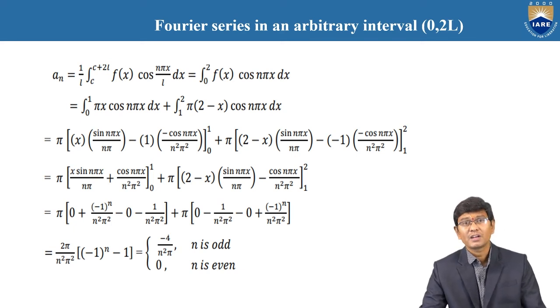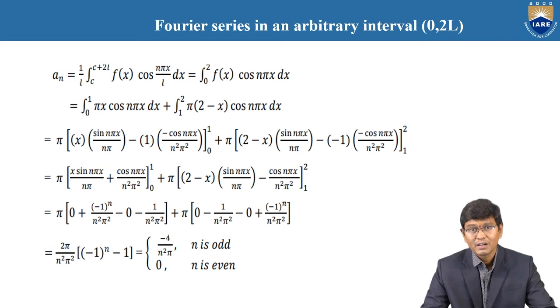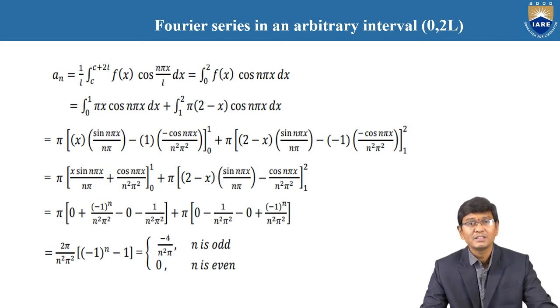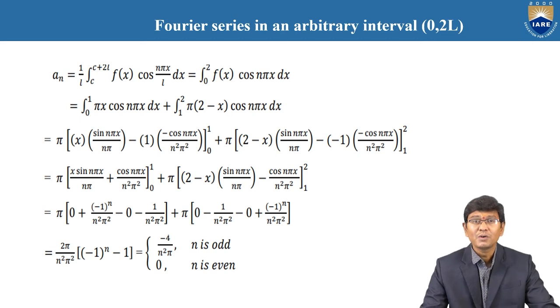And once again, if you are going to divide the interval between 0 to 2, that is 2 parts. One is 0 to 1 and again 1 to 2. Whereas between 0 to 1, the function is clearly pi x and again the remaining cos n pi x dx. And one more, the continuation of 1 to 2, the function's second term between 1 to 2 is pi into (2 minus x) into cos n pi x dx.